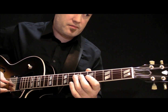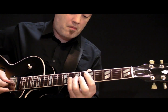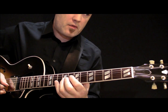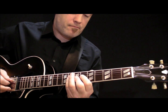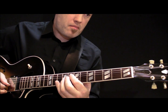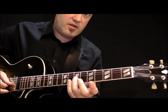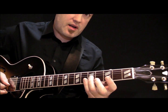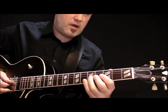So far we got this. Do that one more time. Okay, after that we're going to jump very quickly to the 7th fret, but it's still the 3rd finger, and slide to the 5th fret. This is on the 3rd string. Okay, then we got,